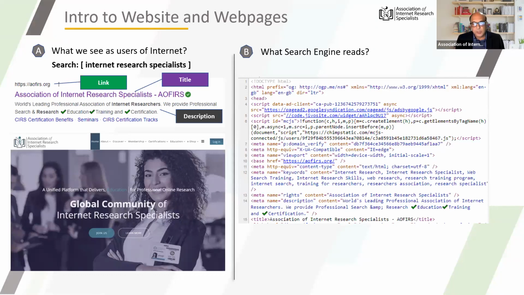Some of the information which is hidden or not necessarily displayed for the user is also read by the search engine. In effect, with each query that you insert in your search box, the search engine is reading the code. It is not reading the page as it is displayed.